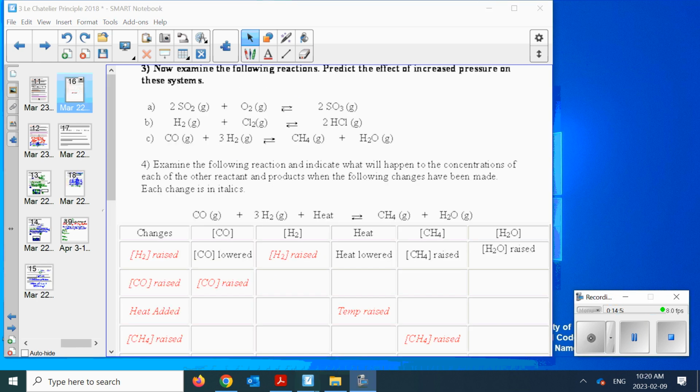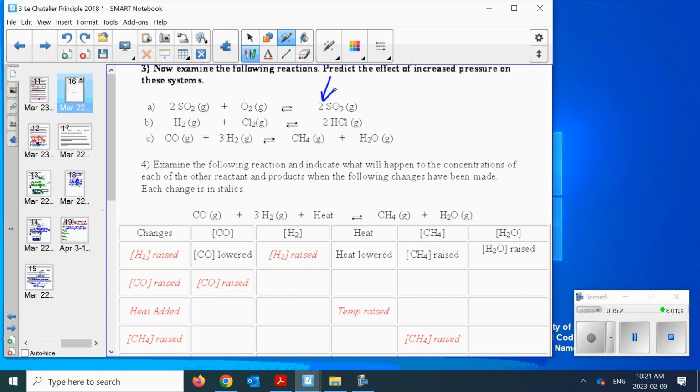So on this side, examining the following reactions, predict the effect of increased pressure. High pressure, lower volume, another way of achieving higher pressure, favors the side with what? More or less gas flow? Fewer particles. High pressure, fewer particles. So I take a look at this. I got 2 plus 1. I got 3 particles on the left, 2 particles on the right. So increasing pressure favors,